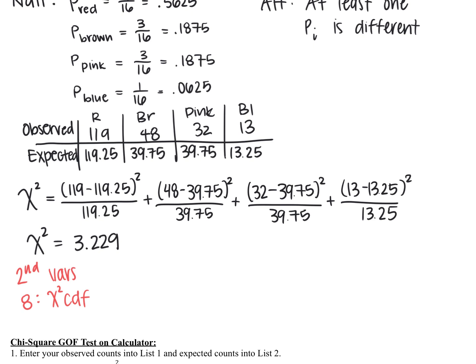And then for our degrees of freedom, we take our number of categories 4 and subtract 1, which is 3. And we are going to get a p-value of 0.3576,